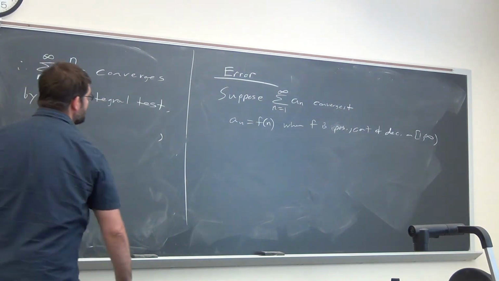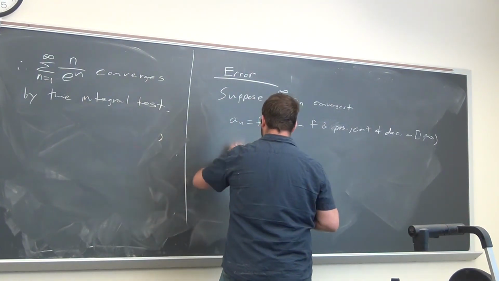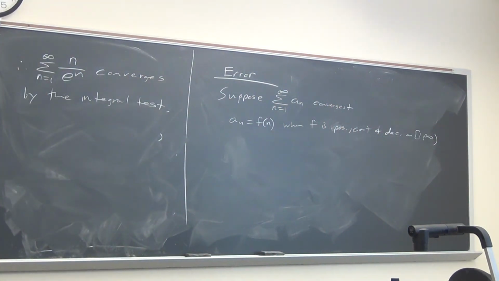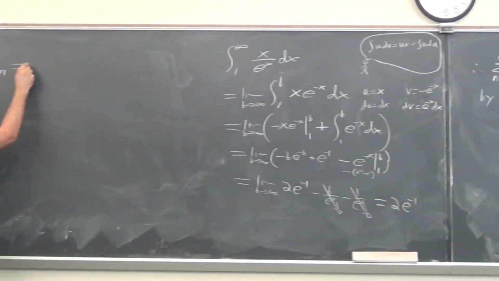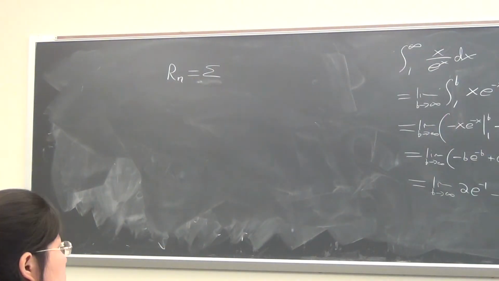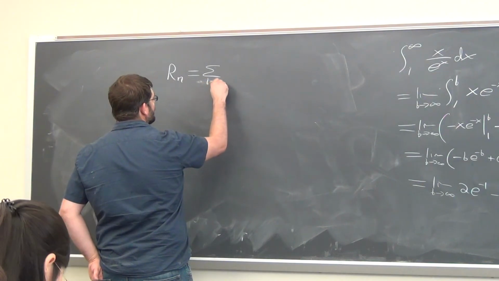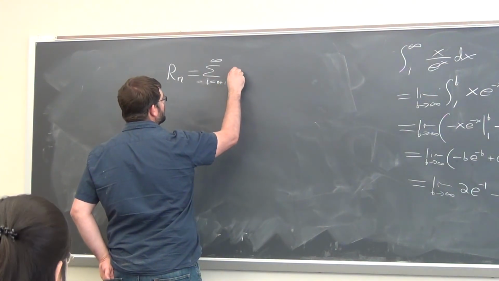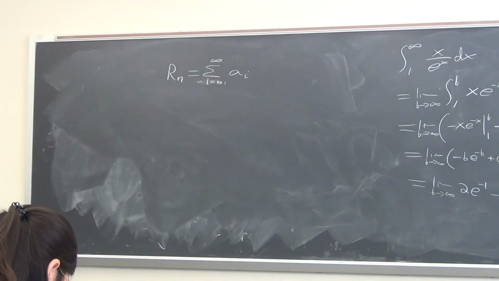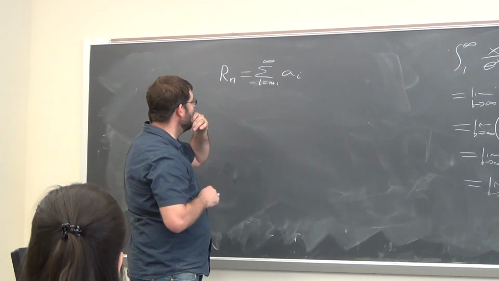Well, let me just write it this way. So R sub n is basically going to be the remainder. R sub n equals the sum, actually, I'm going to follow the book. Okay, we'll do it that way. So it's the sum from i equals n plus 1 of the a sub i's. Okay? So this is just basically adding up the tail of your series, right? Your series has a bunch of terms. R sub n stands for the remainder or the error that you get when you do this, and